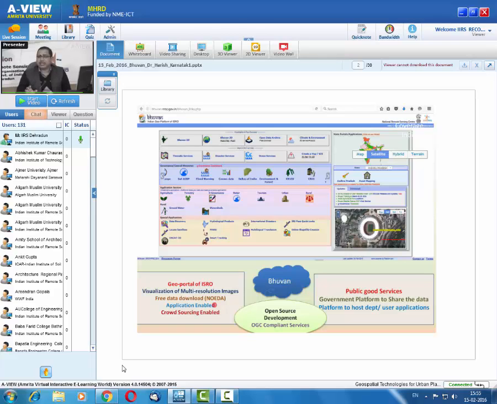They need the original data. Visualization may not serve all the requirements. So these users can download the original data from this website, and then create their own false color composite or natural color composite, whatever you wish. These are available here, and we have application enabled or theme